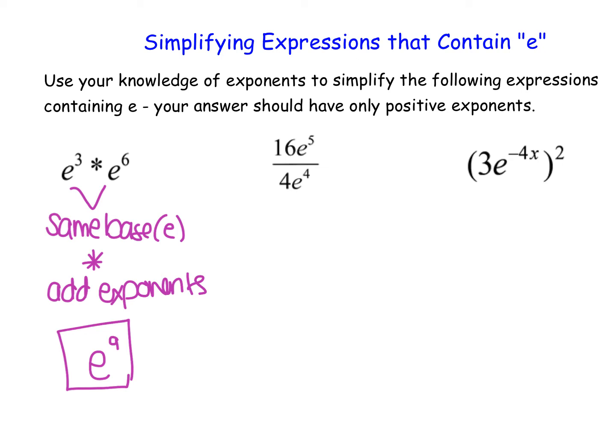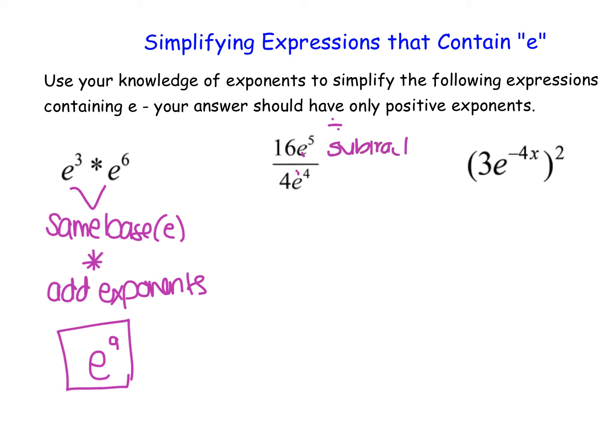Now the second expression here uses division. So again, we notice that we have the same base. You can see the same base of e, but they're being divided this time instead. So where we add the exponents when we have the same base and we're multiplying, when we have the same base and we're dividing, we're going to subtract